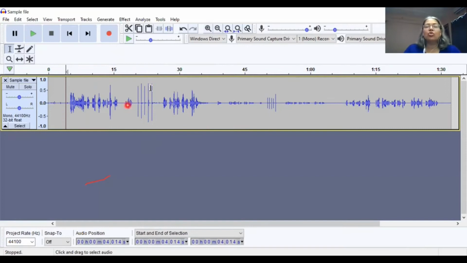So let's just see what the mistake was and where the claps are. As a reader, have I overlapped it? How are we going to remove it? So let's just listen to it from a little bit before the claps. This is the play button here, the green triangle, and I'm going to play it.